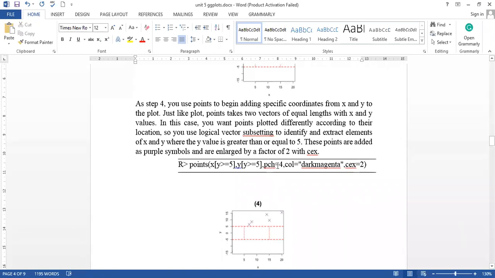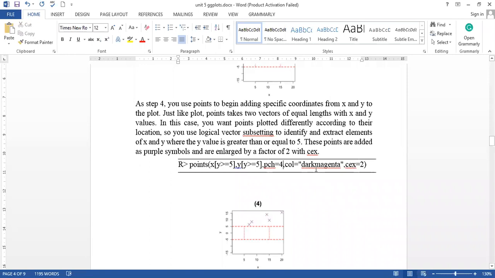The pch is the description of the point. We have taken 4 here. 4 is used for a cross sign. If you don't use pch, it will draw your normal blank circles. Now we have taken the value 4, so it will draw the cross sign. The color is dark magenta here.